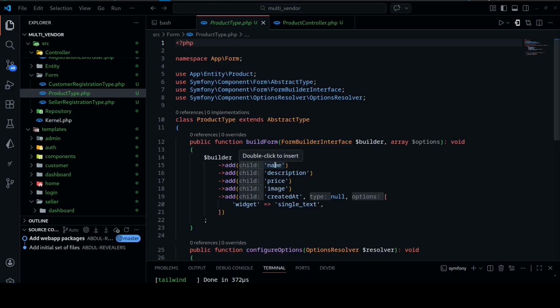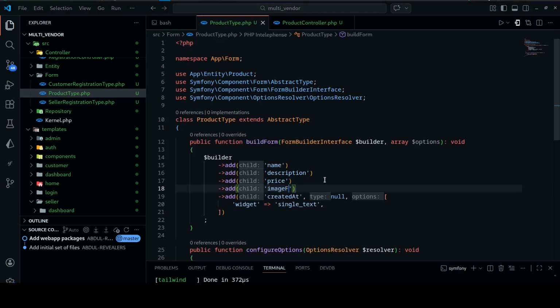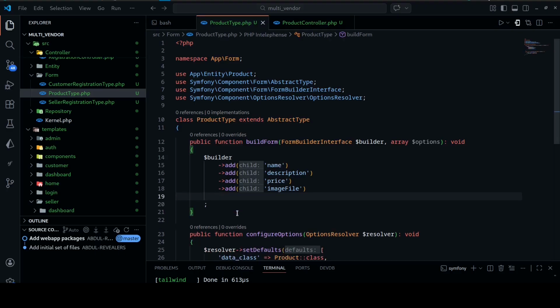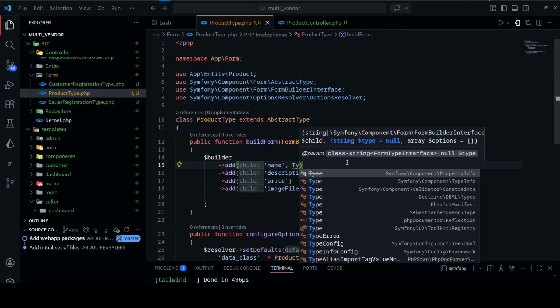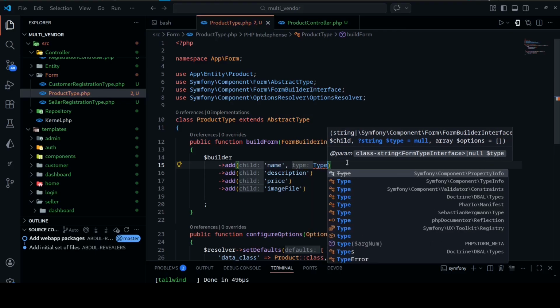So you can see we have name, we have description of the product, we have price, then we have the image. So image, we can rename it to something like image file. All right, then we have created art. Created art is going to be by default, so we need to remove created art. Next thing to do here is we are going to mention the types of the input. So we are going to have type